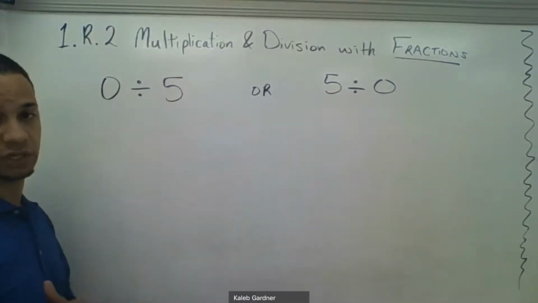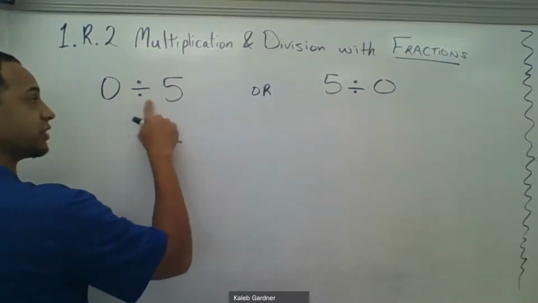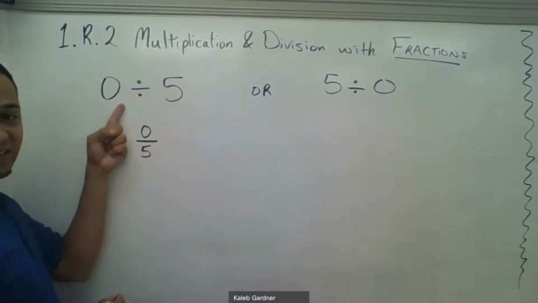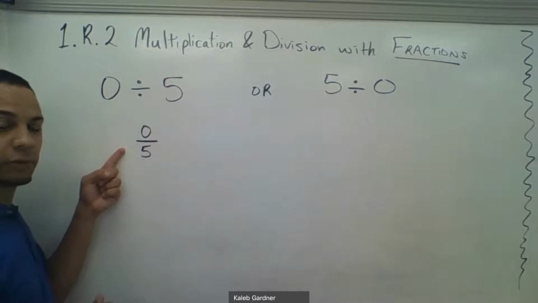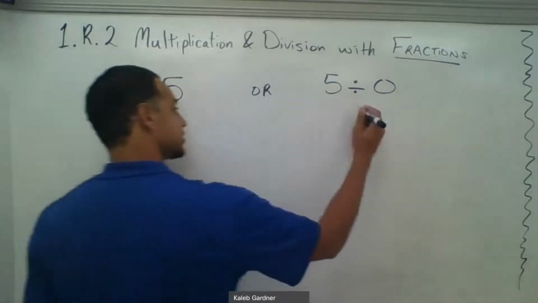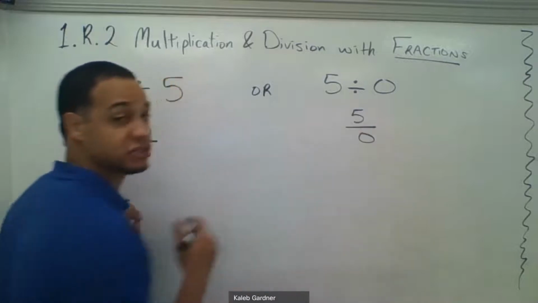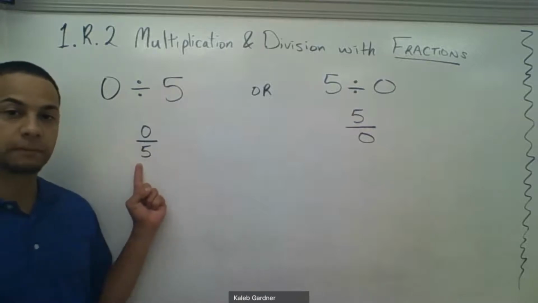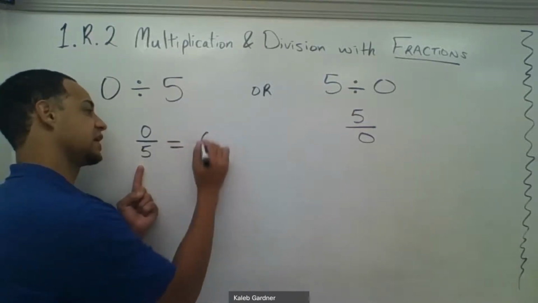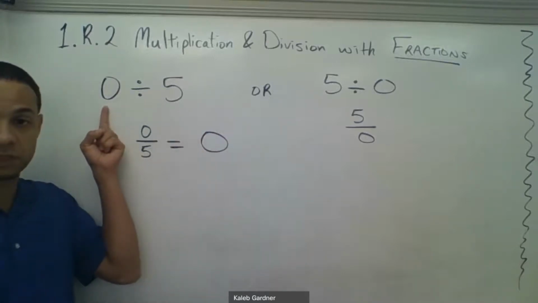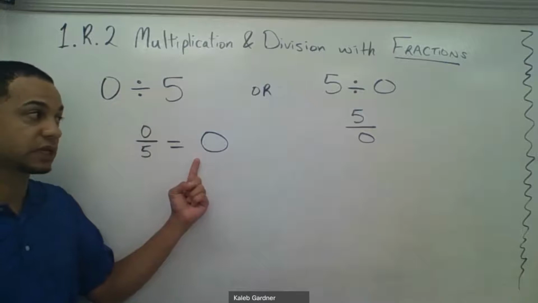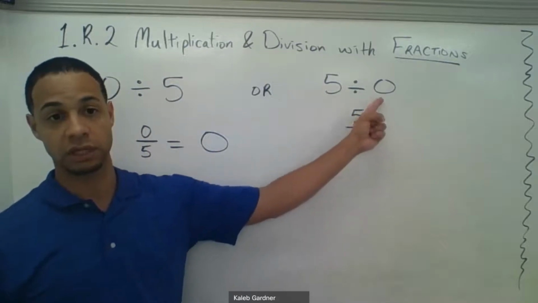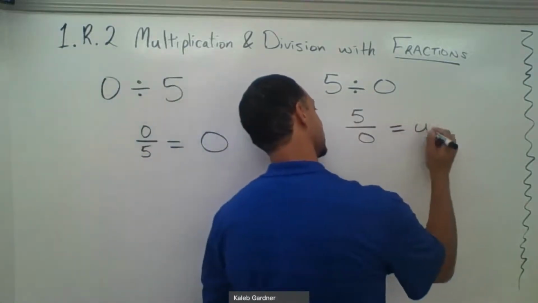So those are two different situations. Let me also say that 0 divided by 5 could be rewritten as 0 over 5, because this is the exact same statement, just written in a different format. This would be written as 5 divided by 0. Now let's talk about the difference between the two. 0 divided by 5 is 0. If the 0 is listed first, the answer is 0. However, if the 0 is the denominator, or listed second, right? That answer is undefined, and I'm going to do my best to explain why